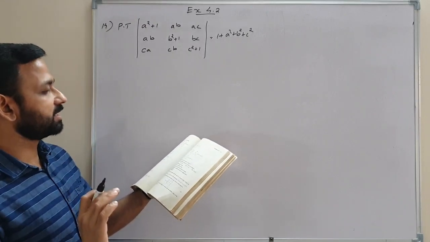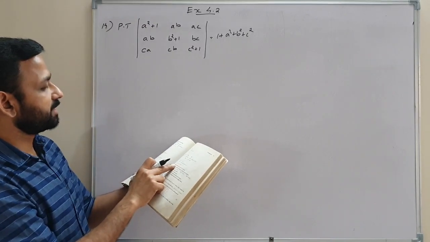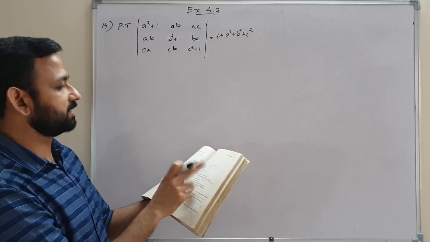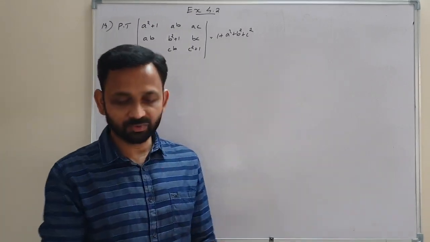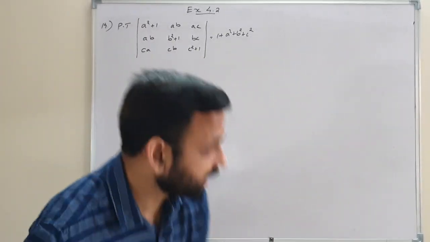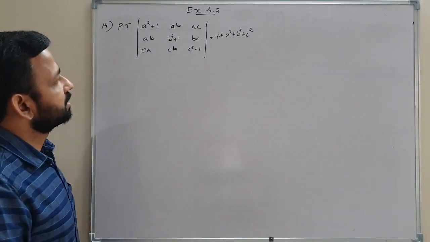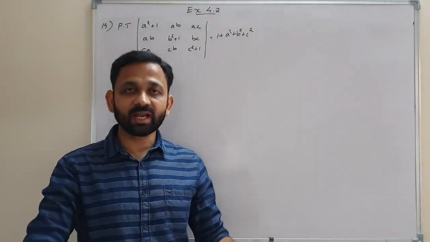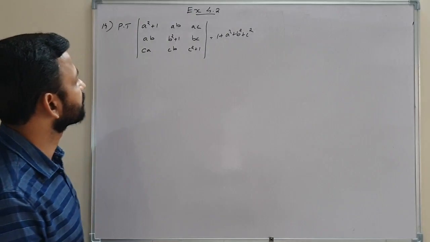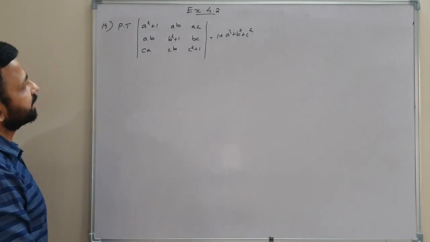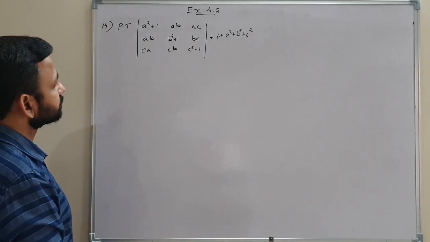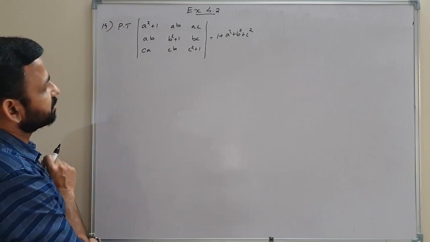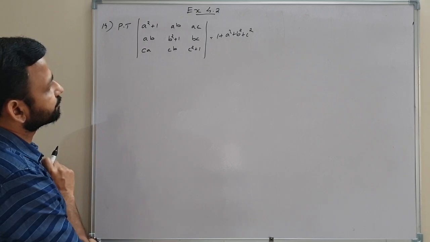A square plus 1, AB, AC; AB, B square plus 1, BC; CA, CB, C square plus 1 equal to 1 plus A square plus B square plus C square. So we need to prove LHS equal to RHS. So here also we will try to take 1 plus A square plus B square plus C square outside the determinant. So here, if we want to take 1 plus A square plus B square plus C square outside,